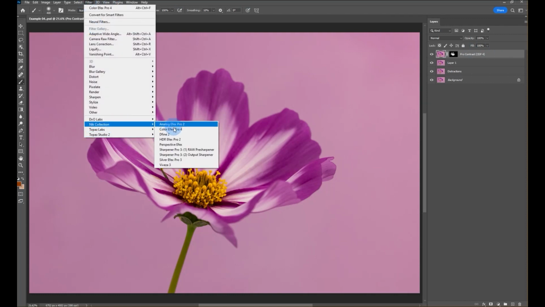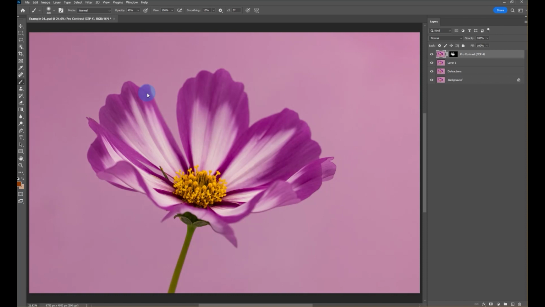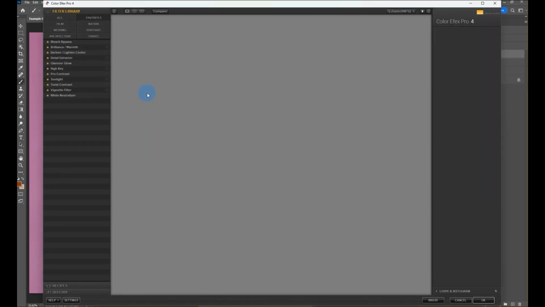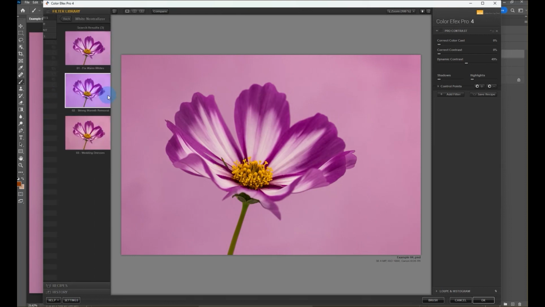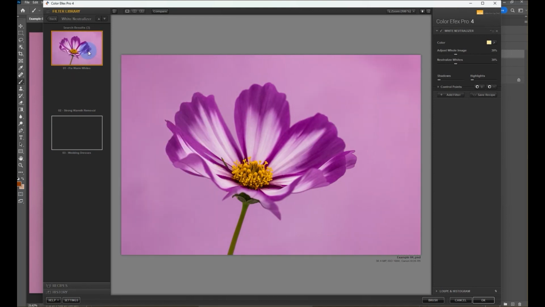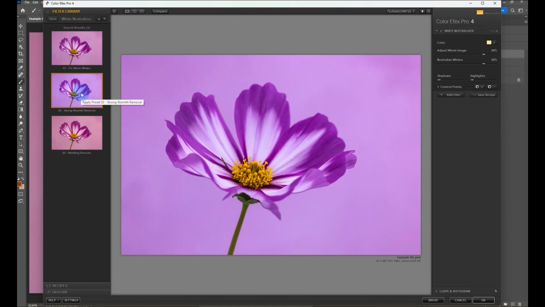Filter, Nik Collection, Color Efex Pro. Let's turn Pro Contrast off now. What I'm heading towards now is the white neutralizer. Now, like I said before, some of them have presets in them, and I love the presets on this white neutralizer. So let's go over here and click on the presets tab. You can go fix warm whites, strong warmth removal, which is really nice if you want to push your images to a bit of a cooler area. But my absolute favorite, and I've got to say